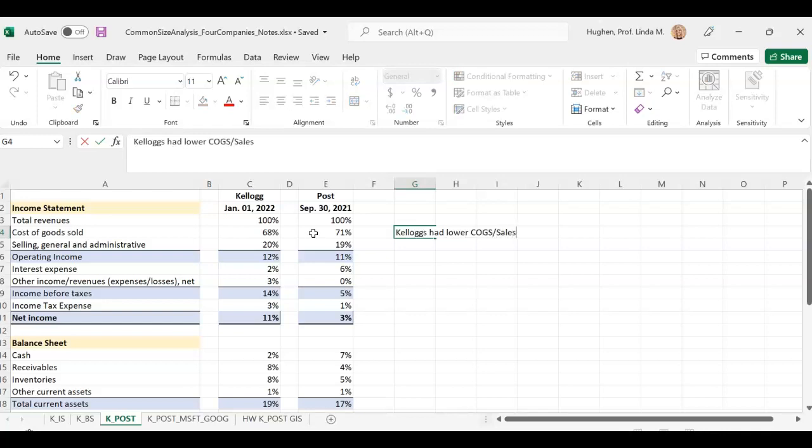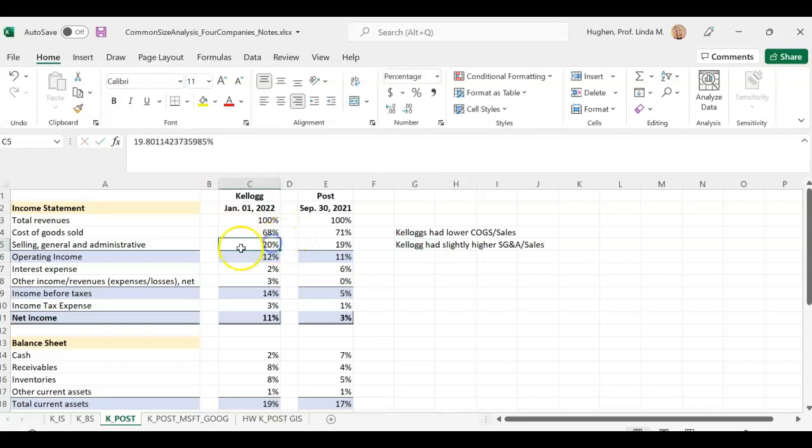Cost of goods sold as a percentage of sales. How about SG&A? Kellogg's had a little bit higher, as a percentage of sales. That's okay as long as this is going to bring us future revenues, as long as it's going to pay off. And so what's the net impact of this? Operating income from Kellogg's is higher because the decrease in cost of goods sold outweighed the cost of the increase in the SG&A. Post had much higher interest expense